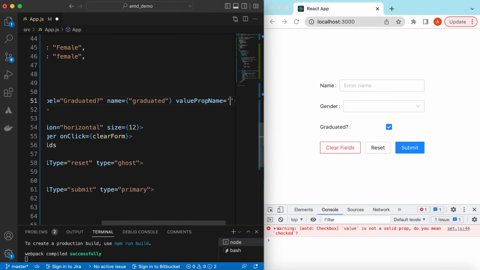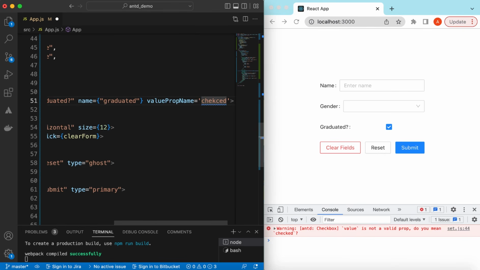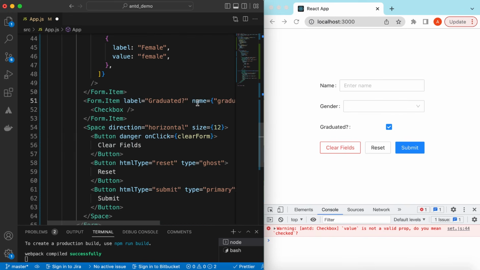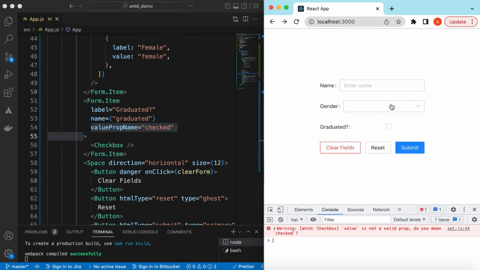So we can say value prop name is checked. So whenever we are setting the value, we are telling the form that set checked is equal to whatever we are setting as a value, right? So now if I save it, and if I choose any of these values and then clear, it will clear it now, and there is no error,